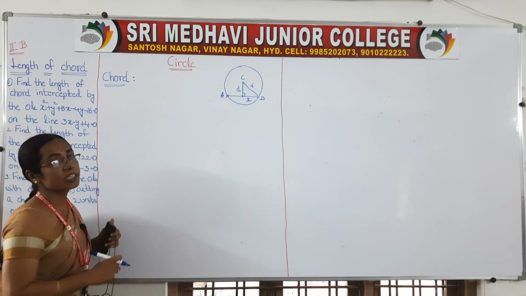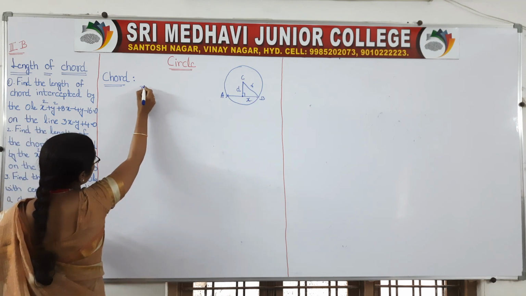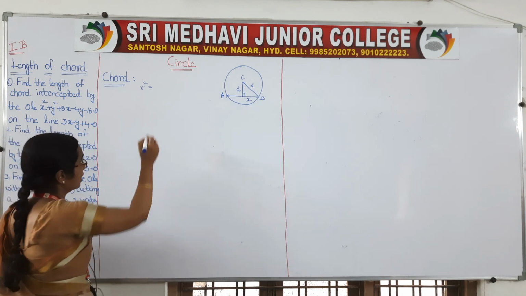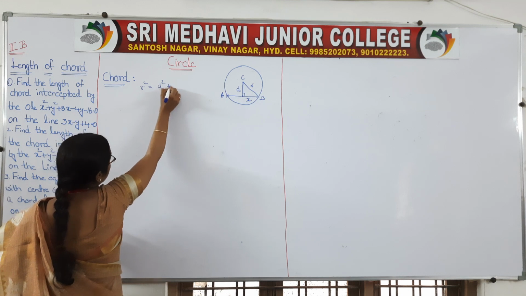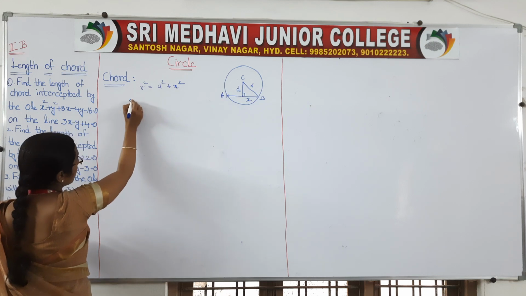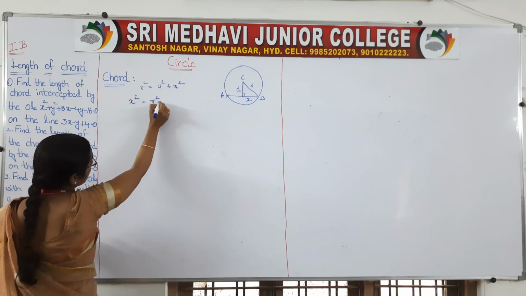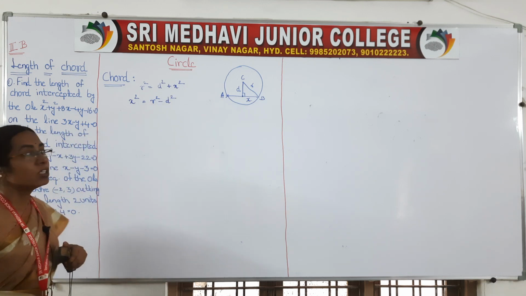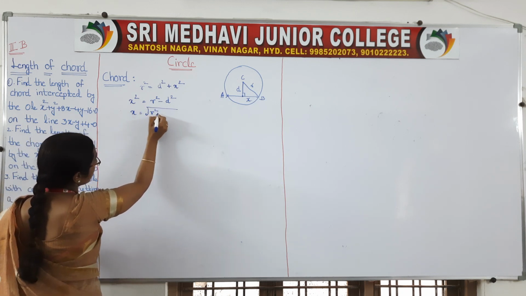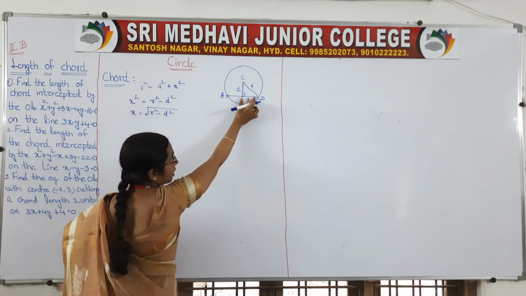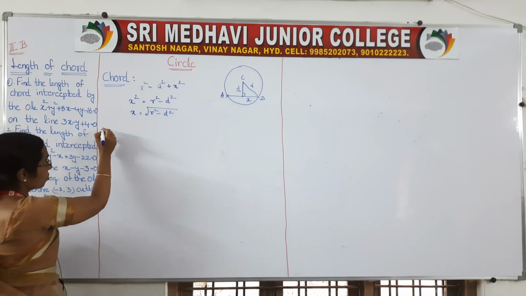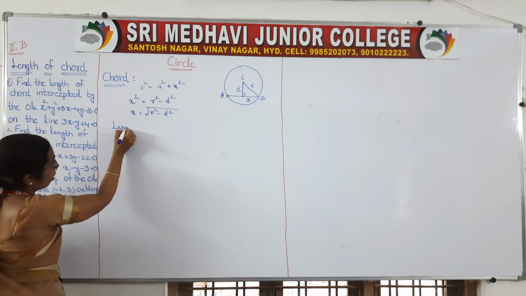So what is the Pythagoras theorem? Hypotenuse whole square. Here your hypotenuse is r, so r square is equal to sum of the squares of the sides. So it is d square plus x square, right? So then what will be our x square? x square is equal to r square minus d square. So what will be your x then? x is equal to root of r square minus d square. You got half of the length of your chord, but we want the length of the full chord. So therefore length of chord,